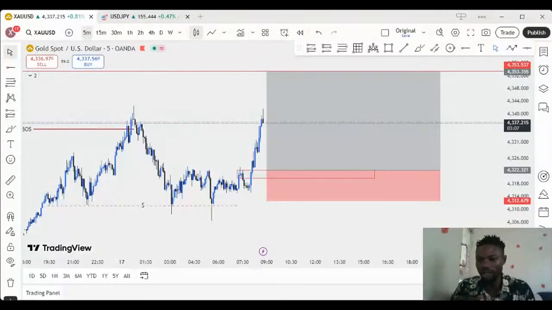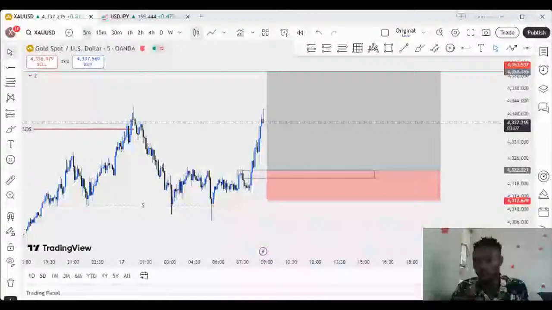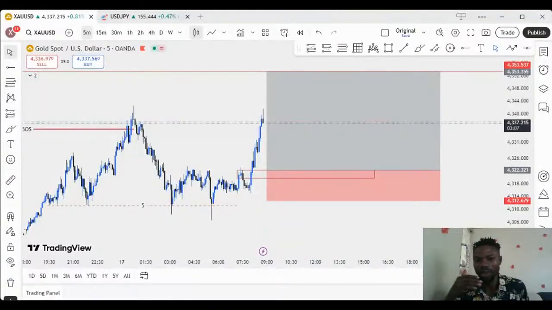That's where trend comes in. We have three kinds of market structure in the market: uptrend, downtrend, and range market. When we are in a range market, buyer and seller are battling for the direction. But when we are in a bullish trend, it shows that the buyer has been winning the battle for a long time in this trend. And if we are in a bearish trend, the seller is the one winning the battle.